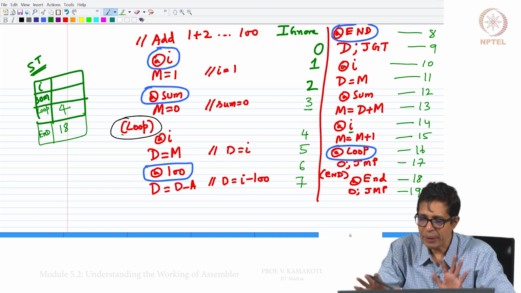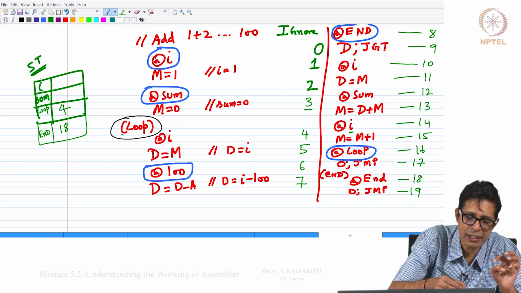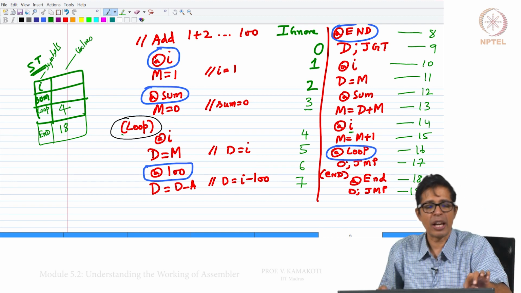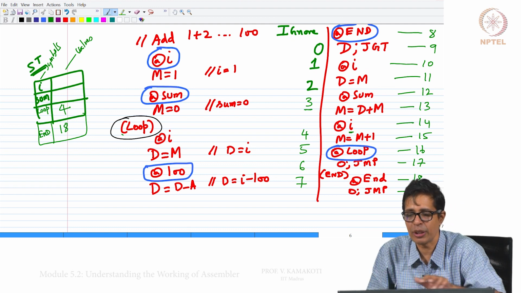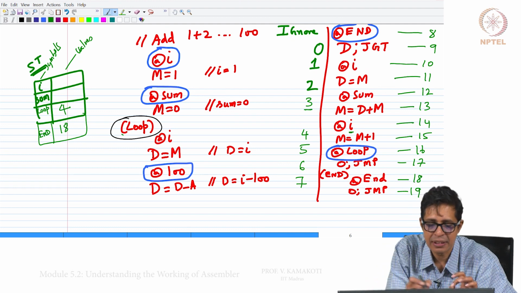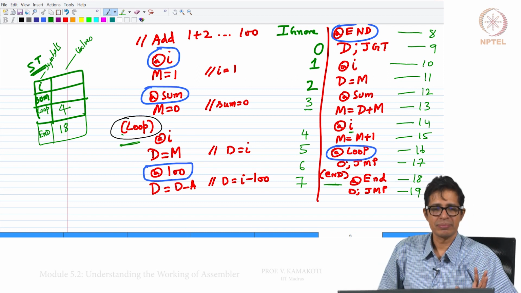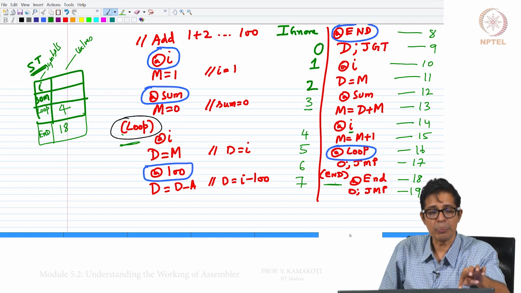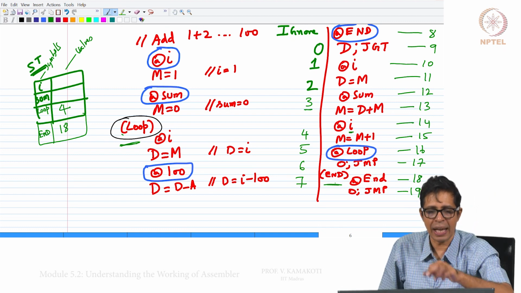Now, after you complete the program, these are the symbols and these are the values. The second thing is the values. For whatever symbols the values are already populated, they are all labels in the program. For example, loop and end, as you see here, are labels in the program, and those are their values. The remaining ones, whatever is not populated, correspond to data. So, I and sum are data.